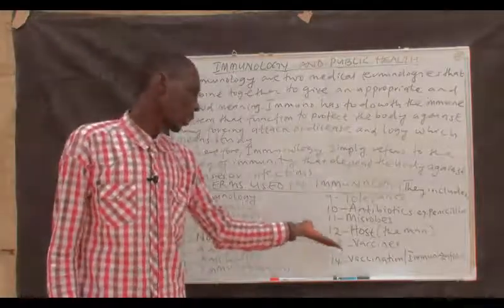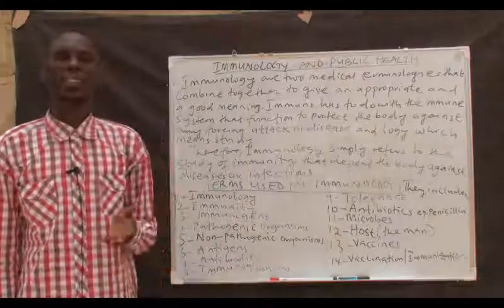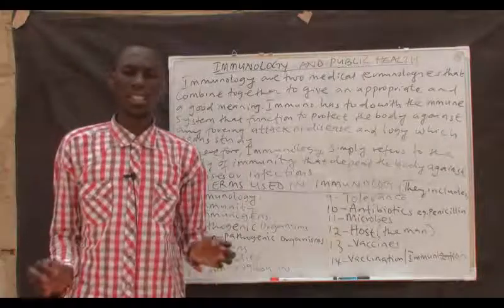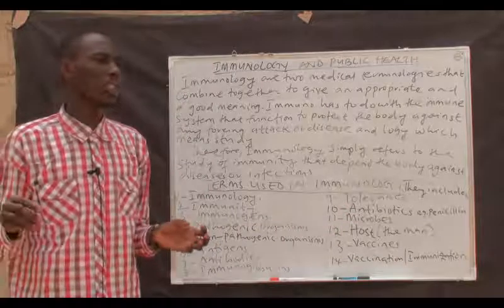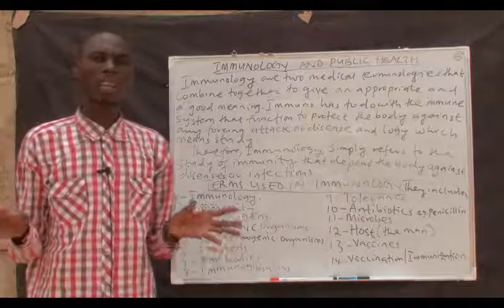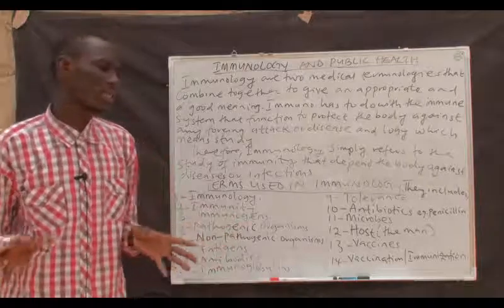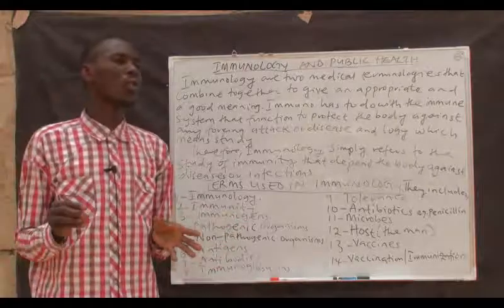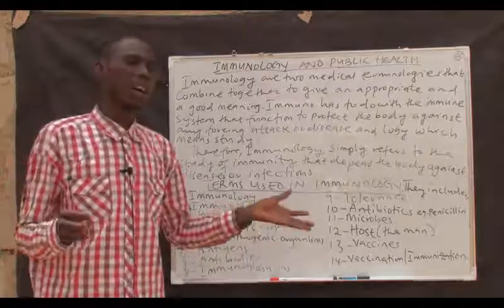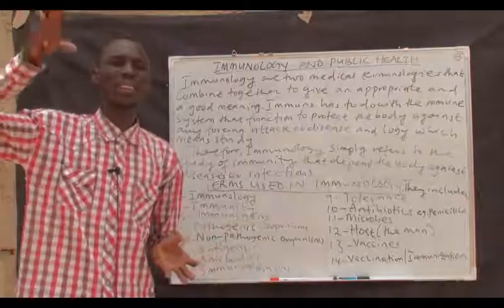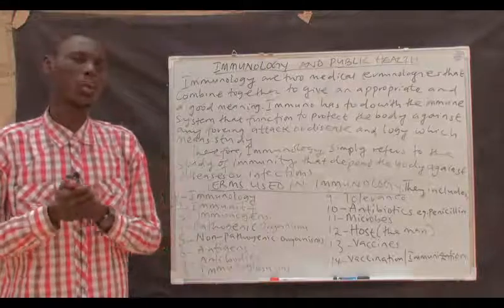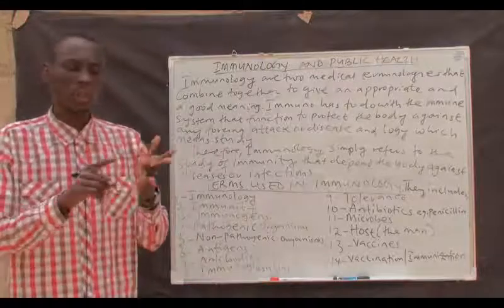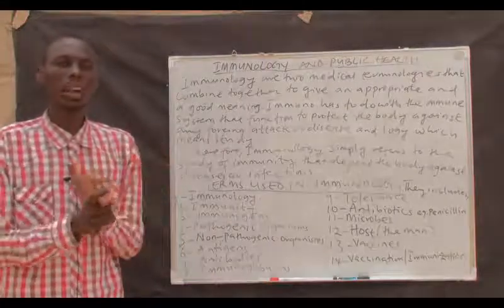Number 13 is vaccines. Vaccines, these are chemical substances rendered by killing, which when introduced into the body can stimulate the production of antibodies. In muka ce vaccines, muna nufin wasu abubuwa ne ko wasu like allurai ko kuma ruwan maganin da ake amfani da shi ana zuba wa dan adam, sunan su vaccines. So akwai waɗanda ake amfani da su like kill vaccine, we have toxoid, we have attenuated, then we have virulence.